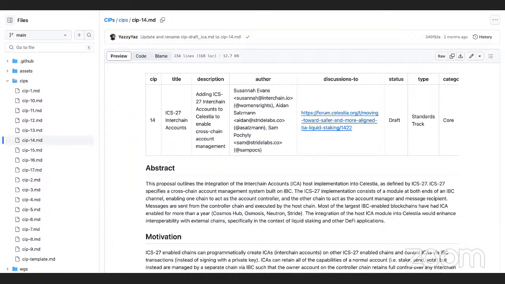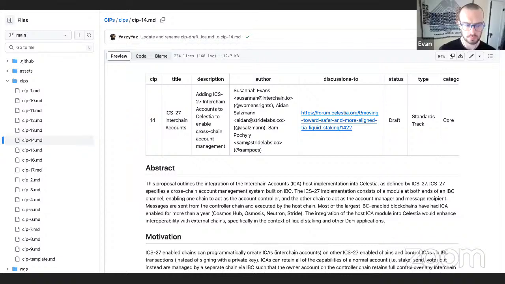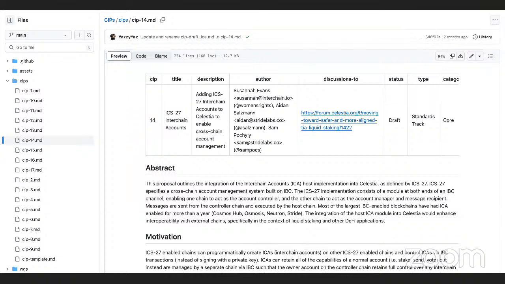And I guess Aidan wasn't in the last call. I realized he commented on the posting. Right now it is just concerned with hosts, but there was an open question at the end of the last Celestia call as to whether we should expand the scope or not. Sorry, I was just going to say that I think we're sort of waiting on demand for the use of the controller. If someone comes to us saying, here's a use case that we want for Celestia that we think is providing a lot of value, then sure, we will do it. But it seems unnecessary to enable it when we haven't actually got a use case yet.